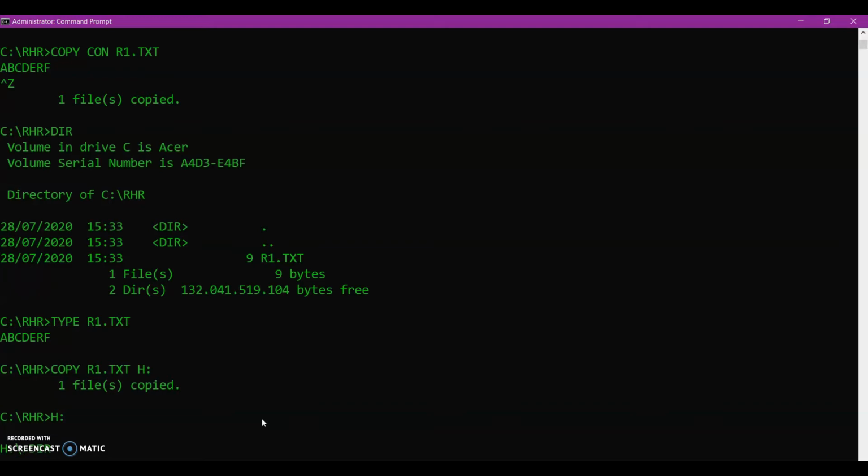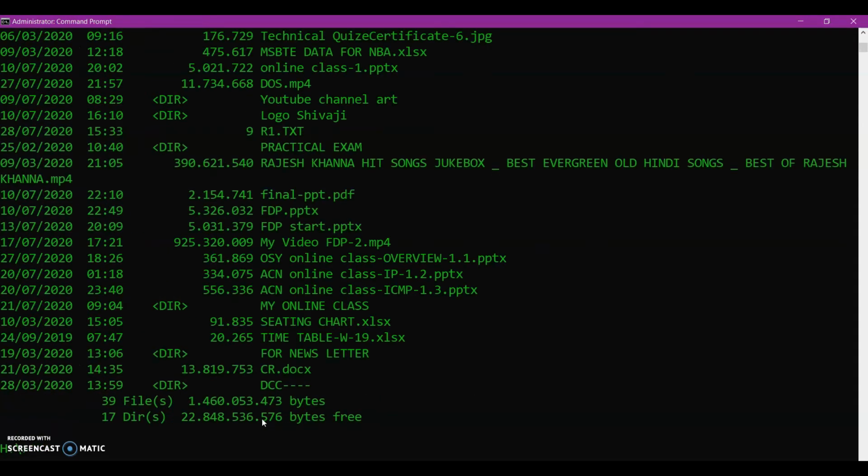Now again put the command dir. You can see r1.txt from h1. You can use absolute path or relative path to copy the contents of one directory to another directory. And whenever you want to exit from this mode, you can put a simple exit command.